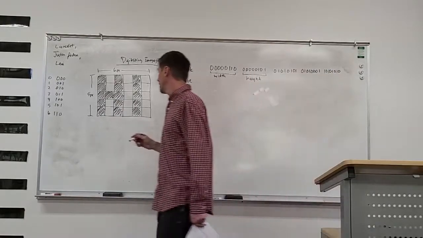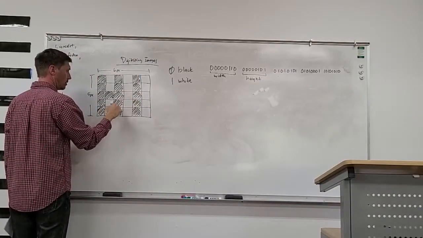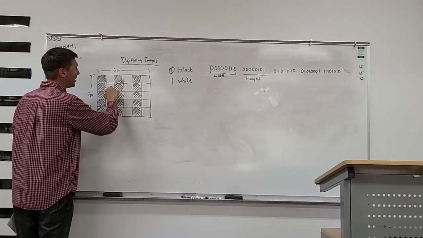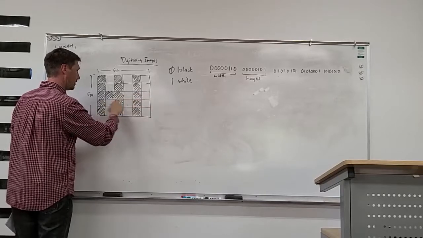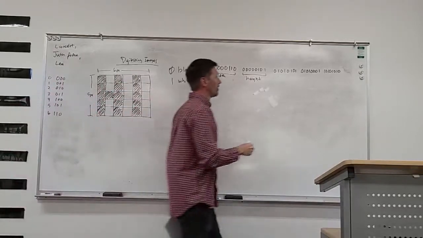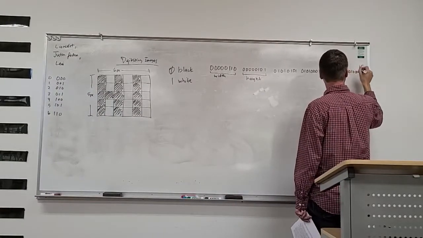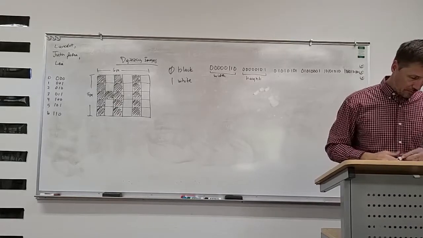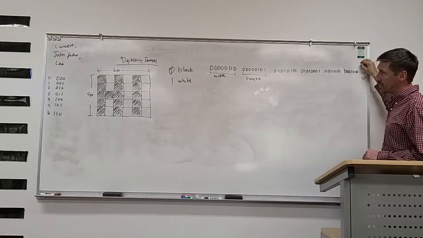And then finally, we go 1, 0, 1, 0, 1, wait a minute, where were we? Lost my place. That's 8. Then it's here, so that gets us all the way to here. And then we go 1, 0, 1, 0, 1, 0. And we add 2 more zeros on at the end so that we'll have 8 bits for each of those guys. All right, so there's a way that I might represent that image